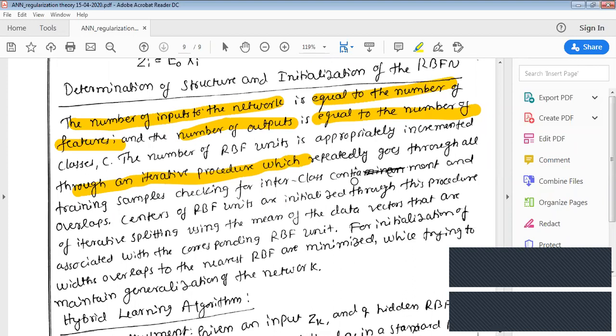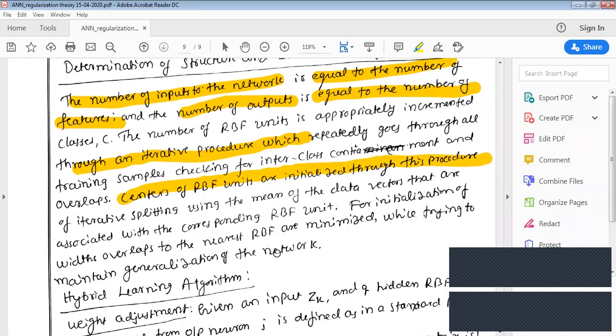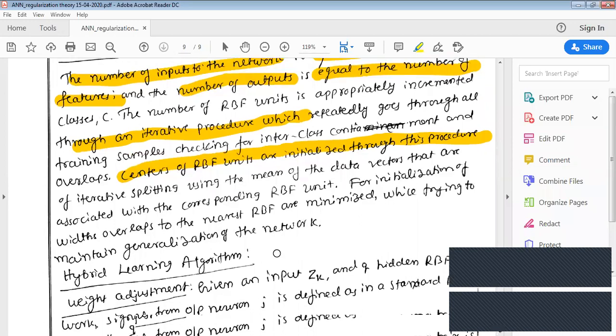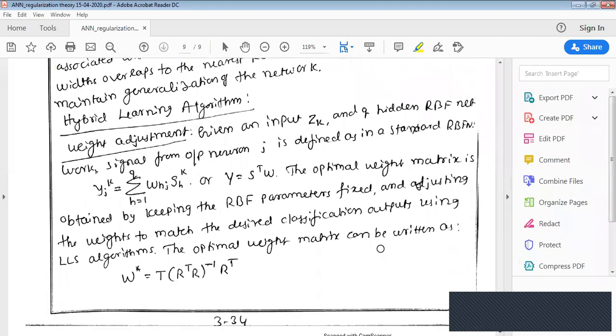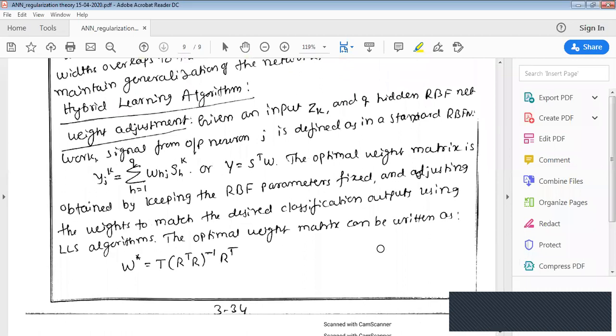Once I repeatedly train the neural network, and suppose that randomly I give one more face, then you should be able to recognize whether it belongs to person 4 or person 5. That is the total aim of this training in the RBFN network. You should be able to recognize person 4 and person 5 separately, and not that person 4 is classified into 6 and 6 is classified into 1. That is done by initializing the centers of the RBF through the iterative procedure. So each time mu changes, we are going to get the final optimum value of the W. Okay. Next, there is one more procedure, which is known as the hybrid learning algorithm.